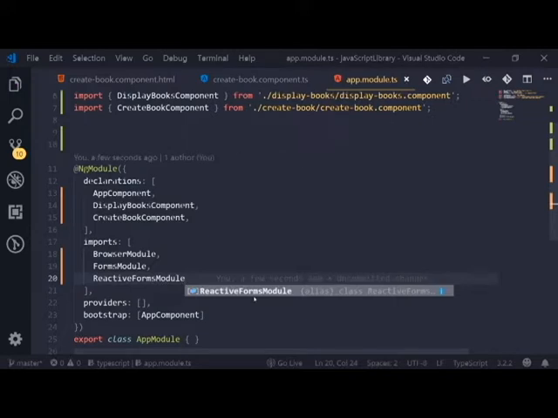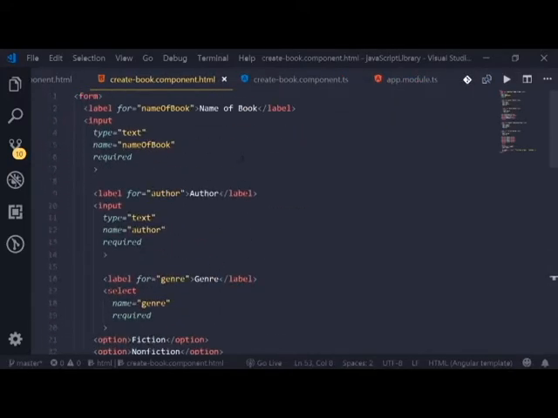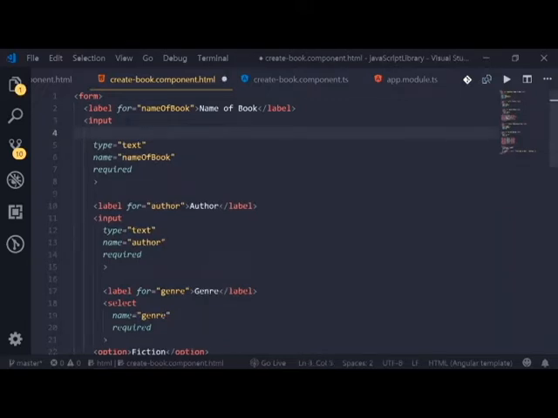Nice. Now let's go back to our createBookComponent.html,